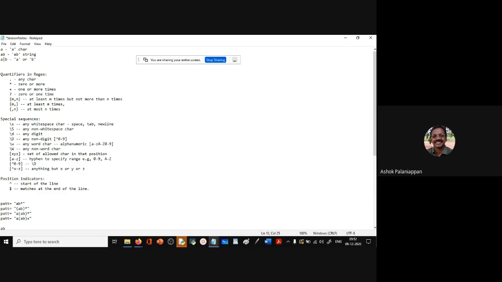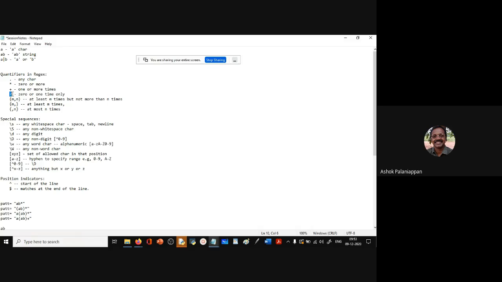Okay, one time only. So the difference between star and question mark is that star is 0 or more times, but question mark is 0 or 1 time only. It's either there or not there. Okay, so that option is available. Star can be 0 times, no time at all, 1 time, 2 times, 3 times, 10 times, 100 times. Any number of times is fine. But question mark basically means it is present either 0 times or exactly 1 time only.